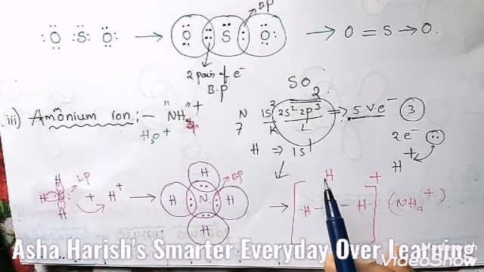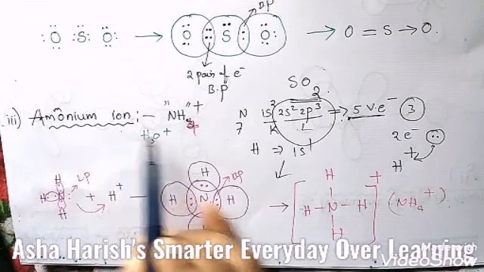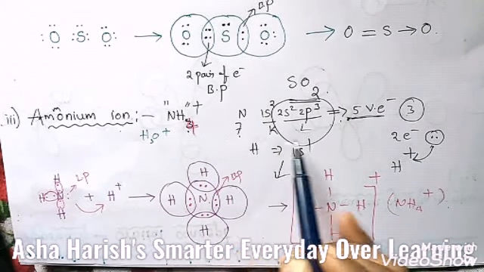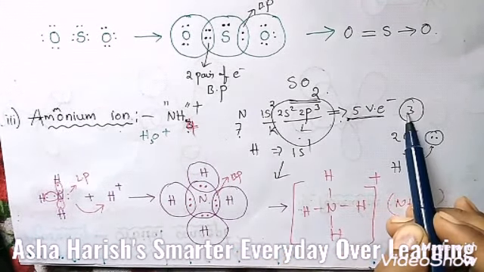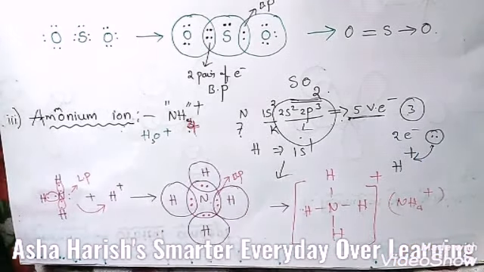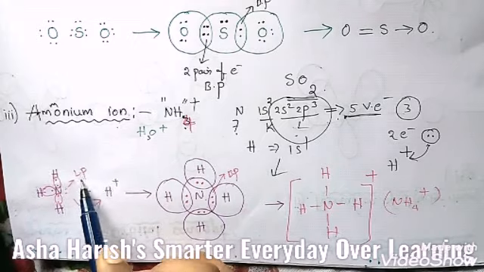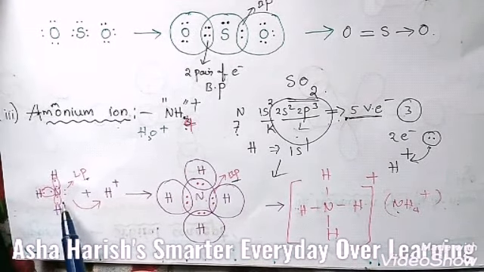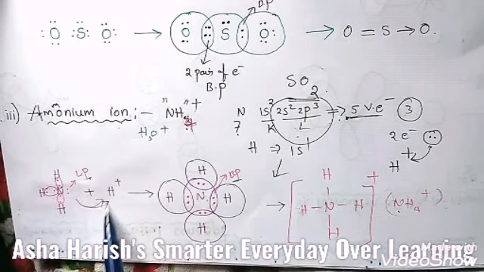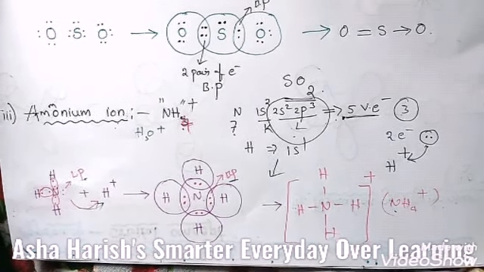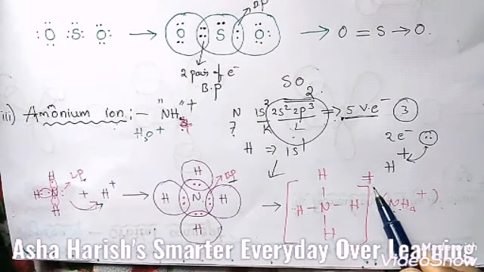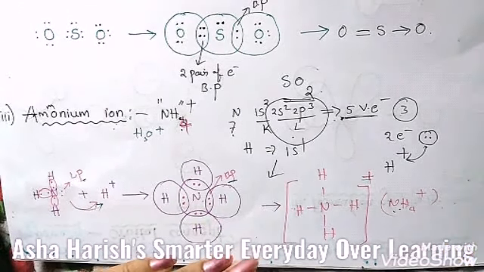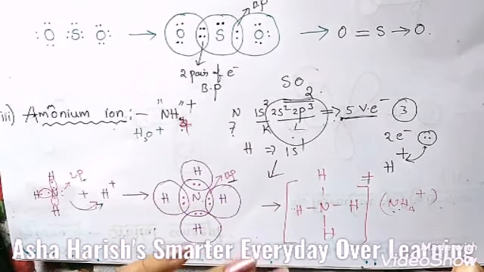Let's see, students, in our previous class I discussed the ammonium ion formation, NH4 plus. Based upon the nitrogen atomic number and electronic configuration, the valency is 3 for nitrogen, and in the final structure we see the lone pair of electrons and bond pairs of electrons for NH4 plus. Here, this lone pair of electrons is transferred to this H plus ion. Then finally we get the NH4 plus ion. This is about the ammonium ion. Let us see this representation in the form of orbital overlapping.